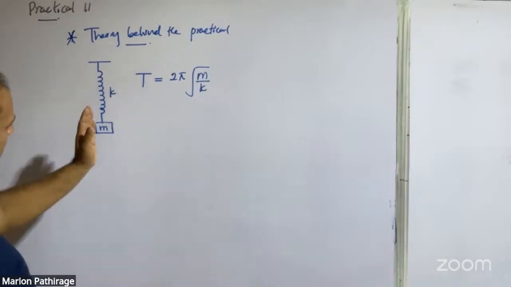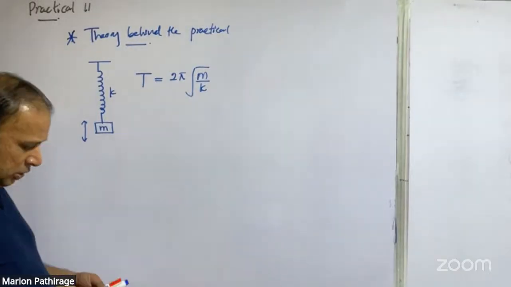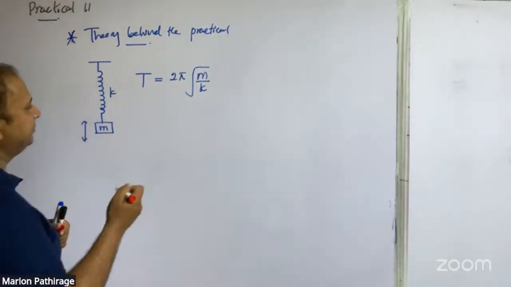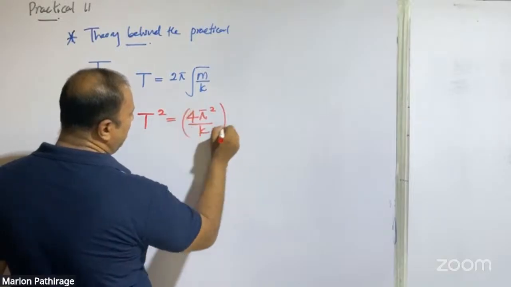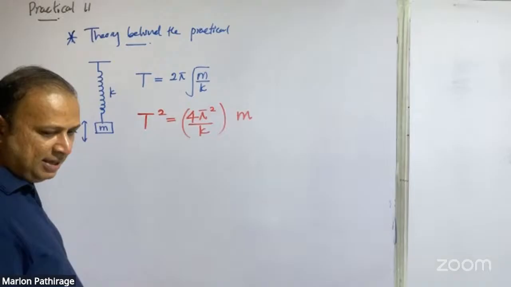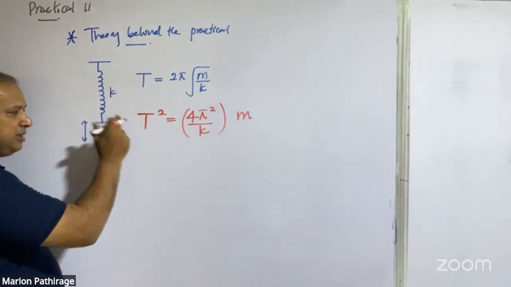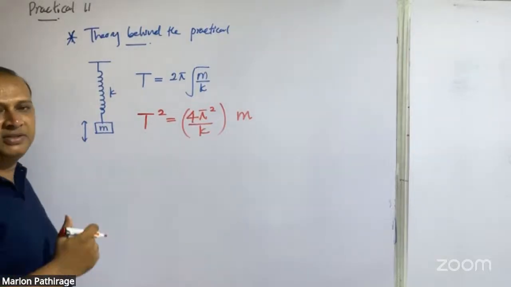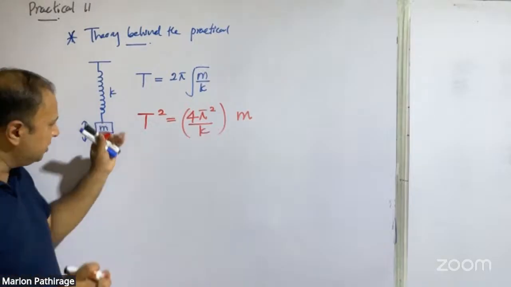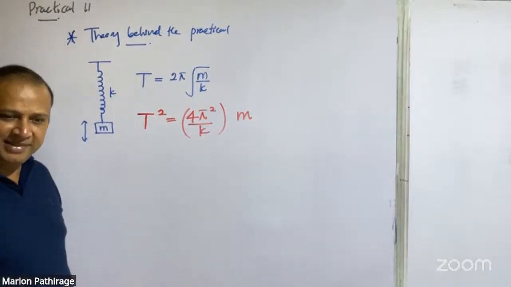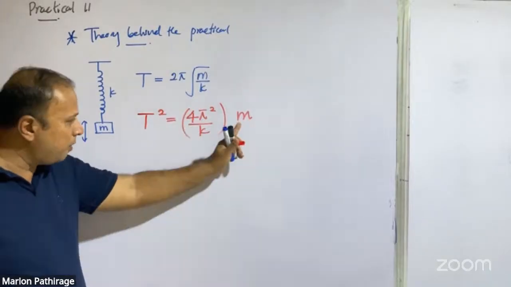Now, you know this is the relationship between the period of oscillation and M. If I square both sides, T squared is equal to 4π squared over K into M. So if you change the mass hung by the spring and measure the period of oscillation separately, and plot an M versus T squared graph,